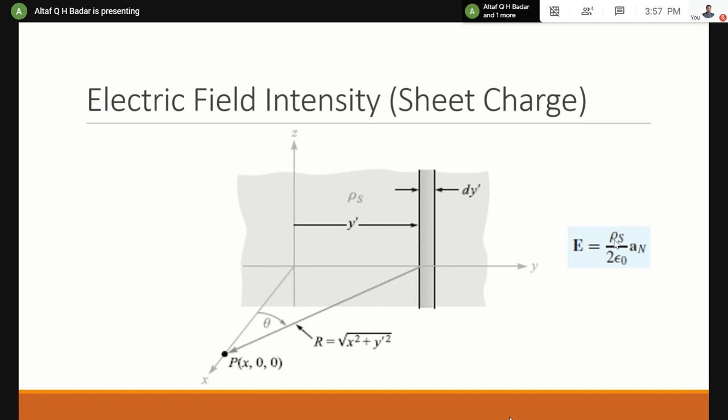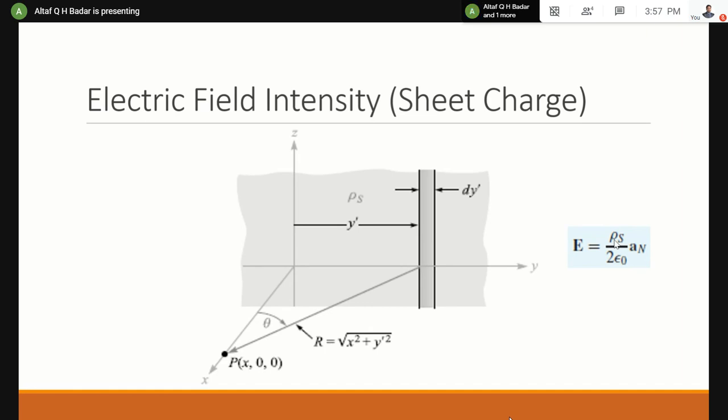However, what we can visualize here is one of the differences that can be easily picked up, and that will be very helpful if you go for your GATE examination. When we are going for a single charge, the vector A will have 3 dimensions, AX, AY, AZ. When we are going for a line charge, it goes down to A rho, which will have only 2 dimensions, X and Y. If you are into cylindrical, then it will be only one, that is A rho, that's it. And that too if it is on the Z axis. But anyways, in general terms, it will be 2 axes. And when you go for a sheet charge, you only have 1 axis.